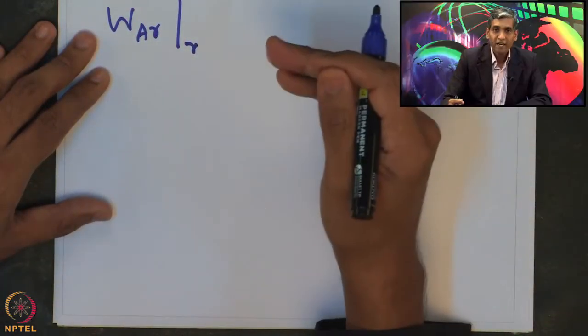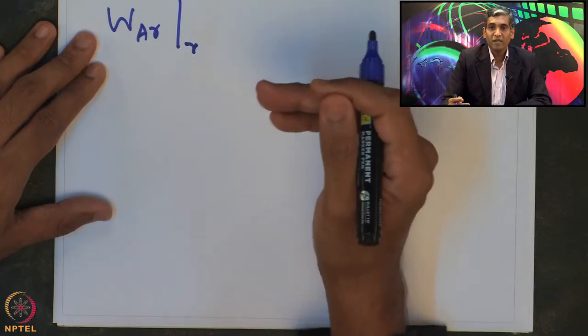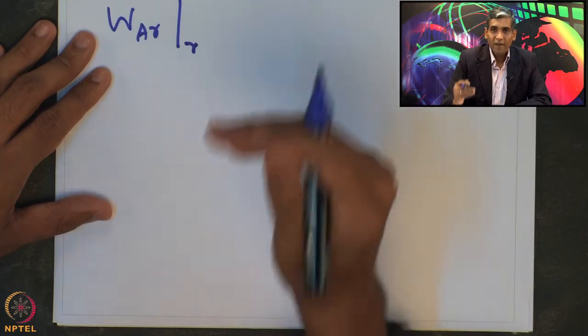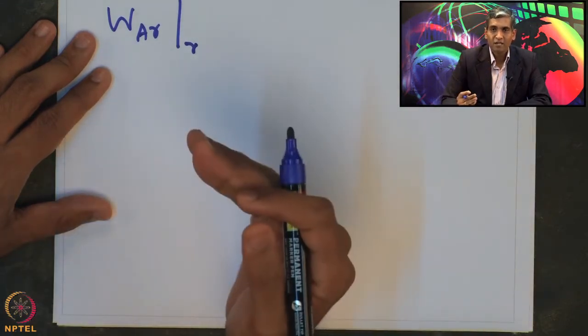Besides, we have also defined when we discussed the effective diffusivity that the flux is happening through the entire cross sectional area at that particular radius r, because the effective diffusivity already takes into account the voids and the solids that may be present at that radius r at which the diffusion is happening. So, therefore, WAR, the flux, is given by